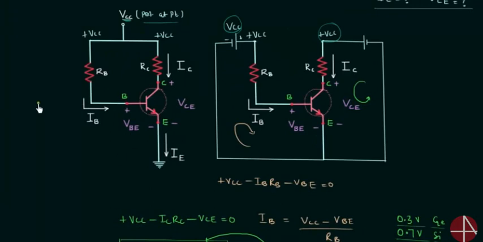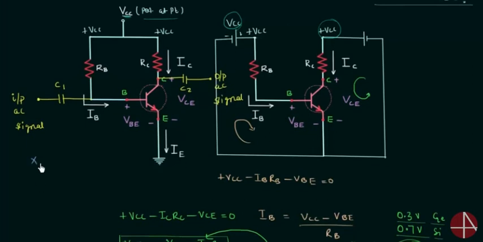The first coupling capacitor is connected like this. Let's say this capacitor is C1 and we apply the input AC signal at this terminal, and the second coupling capacitor is connected like this. Let's say this capacitor is C2 and we obtain the output AC signal at this terminal, but we ignore capacitor C1 and capacitor C2 in DC analysis because